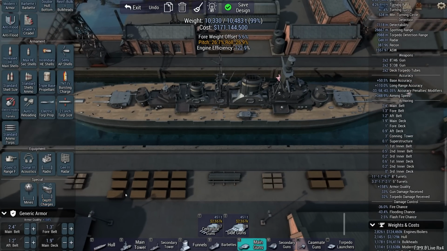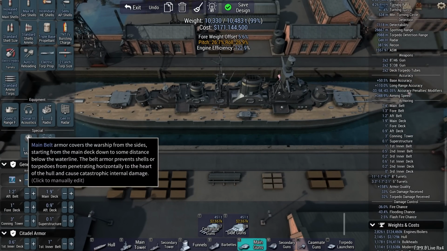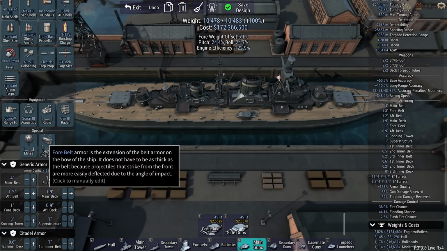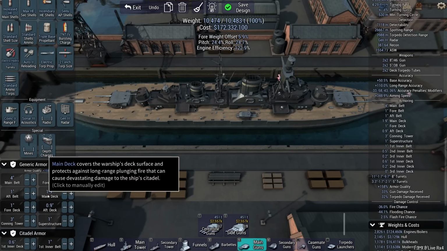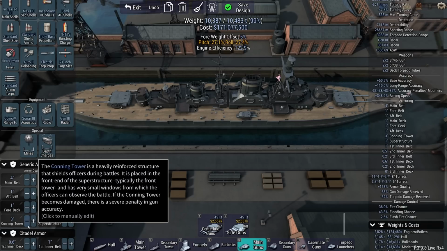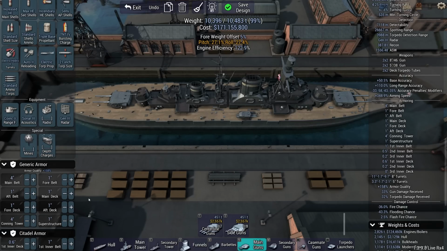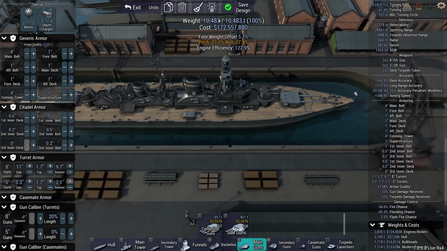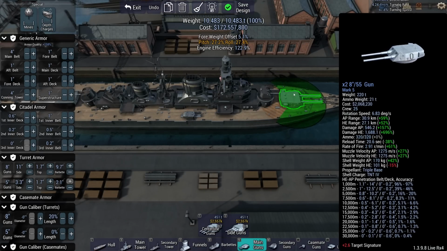Actually, I don't need depth charges, I think, because the AI doesn't use them. Give me 6 inches of... No, fine. Give me 4 inches of armor. Give me 1 inch superstructure armor. And 1 inch fore, 1 inch aft. 1 inch deck, 1 inch aft deck. 4 inches conning tower? Can I supersize these? I can. Oh, look at that. I'm exactly at tonnage. So I can...